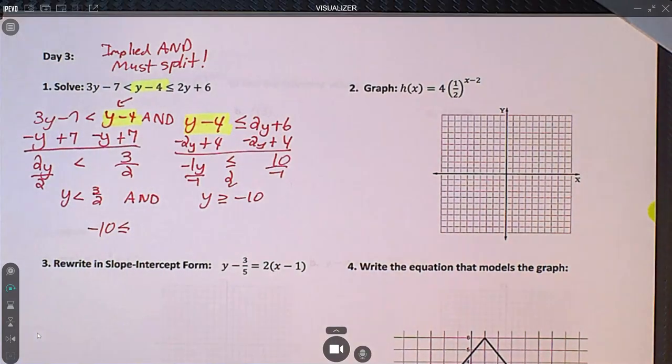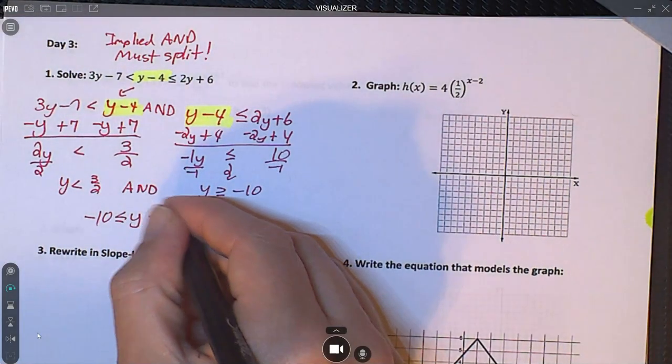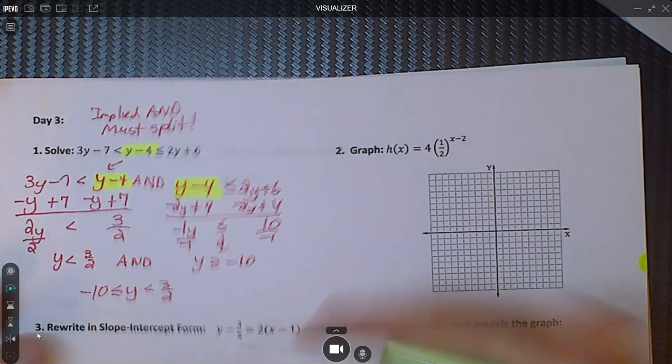So negative 10, y is bigger than negative 10, but less than. Okay, like in Algebra 2. In Algebra 2, they make you check for extraneous solutions, and to let you know why it's an "and,"